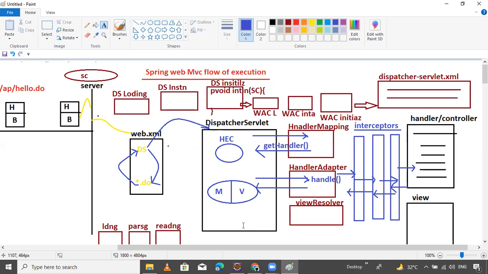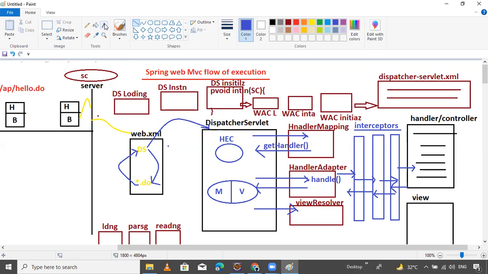The dispatcher servlet will execute the respective view pages.